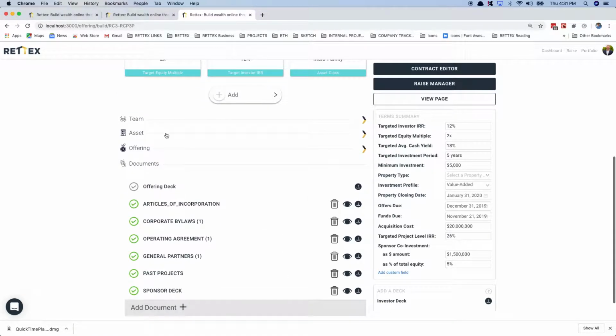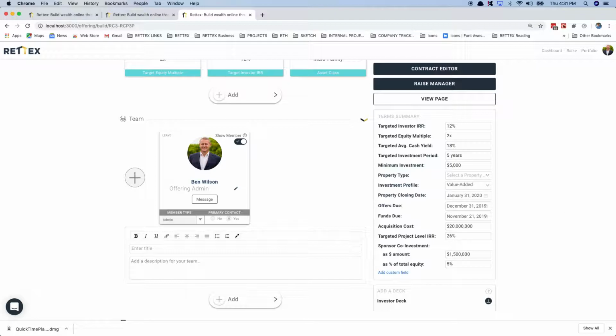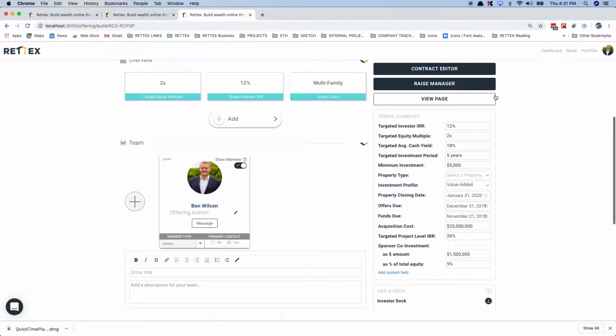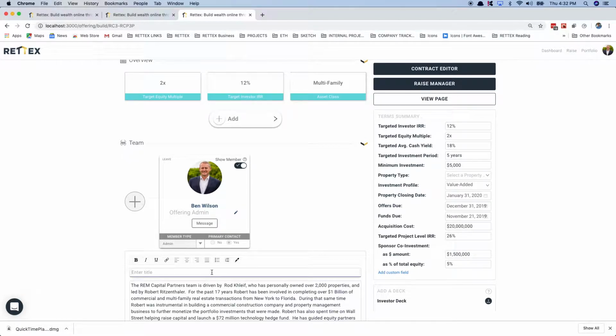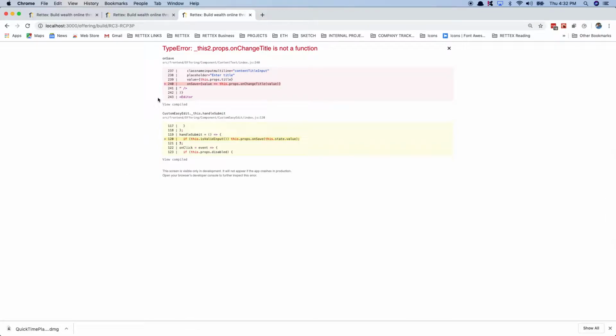Here's our team, and we can add new other team members from the raise page, and we can also grab a description of our team. So I'll grab a team description. We'll call this the REM team. Still some bugs, but